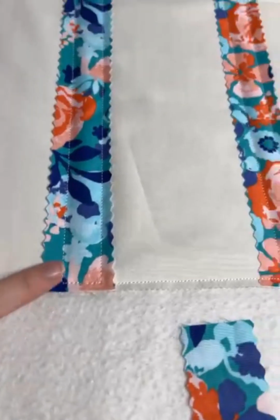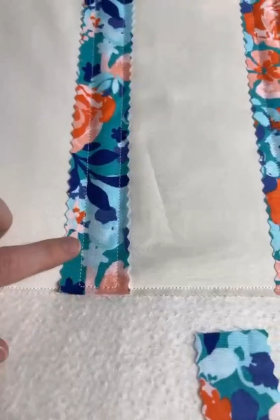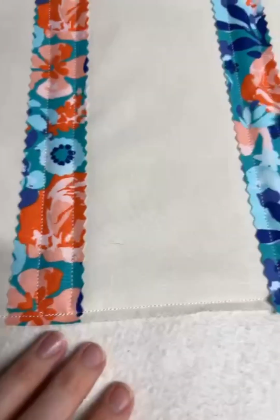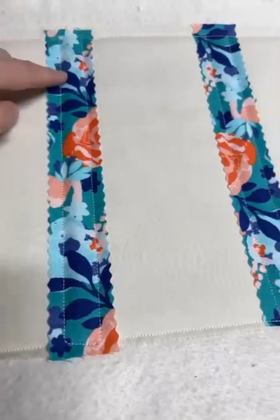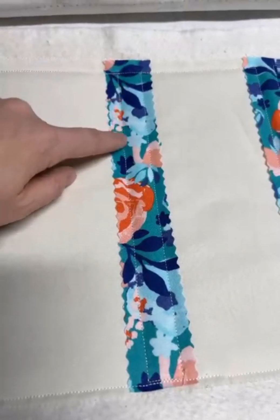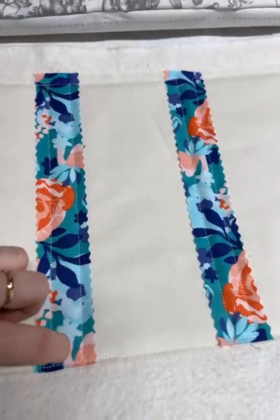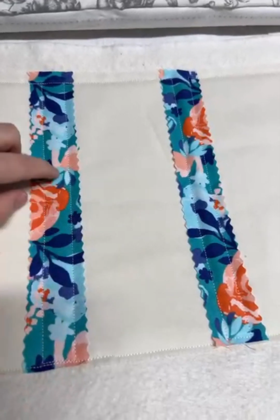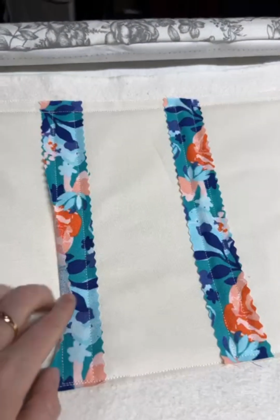Okay, so it is all sewed down, and you can see there was definitely a learning curve. This side is really thick compared to this edge here, but I do get better as we go along. I just went up and over, or down, up and over, and then I started using my ruler also at the top, which I think was a good move, and then down and up, right? And the main thing is that the raw edge of the off-white cotton is caught underneath in this little strip, and so the only raw edge we have is just